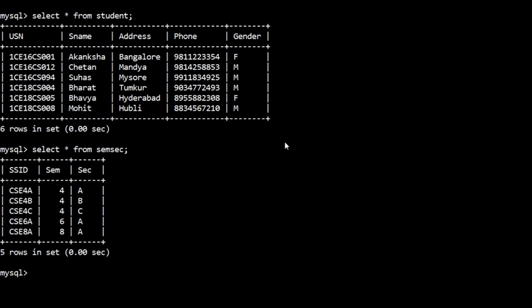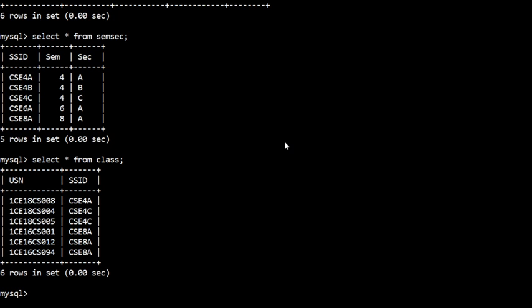Here they have asked for fourth C, the information of students who are in fourth C. Before going to that, we'll see the class table. Here in fourth C we have 18CS004 and 18CS005. So these students' information we have to display.